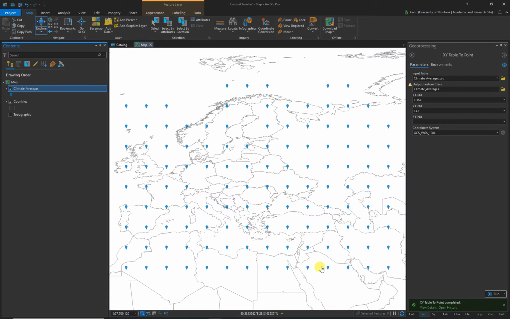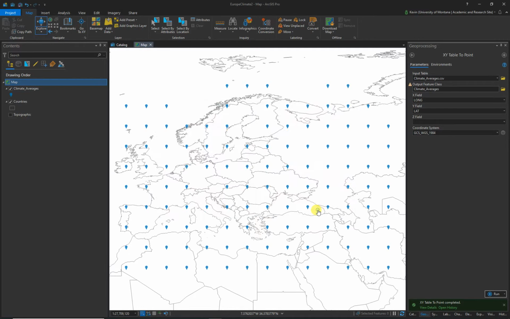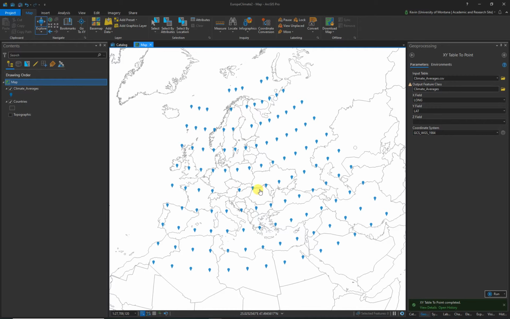Before we start running our spline tools or our isarithmic tools, we definitely want to go ahead and project this data frame. So I'm going to go into my map properties, coordinate systems, and go to projected, continental, Europe, and if we scroll down, there's an equal area. All right, and we'll do that for now. And it's got a little bit of a kick to it, right? But if we check the center of it, it looks like it's at about